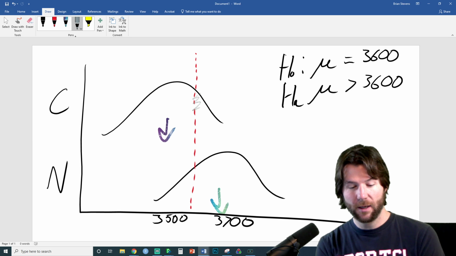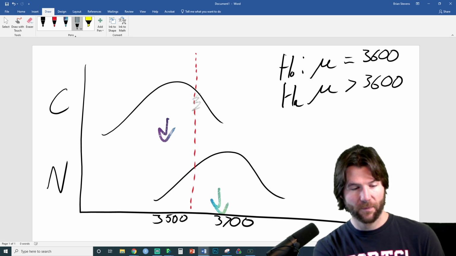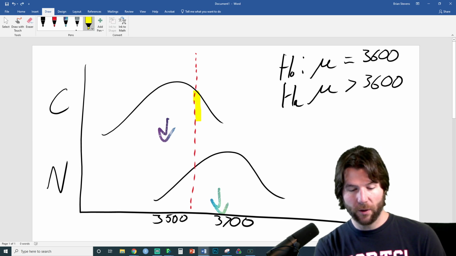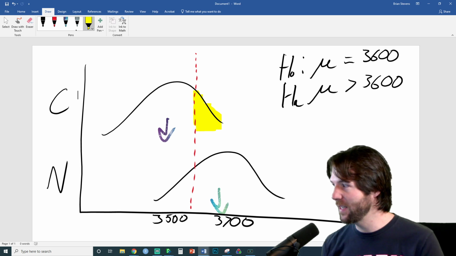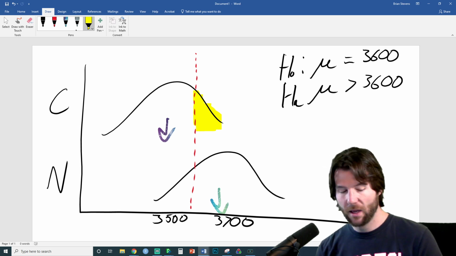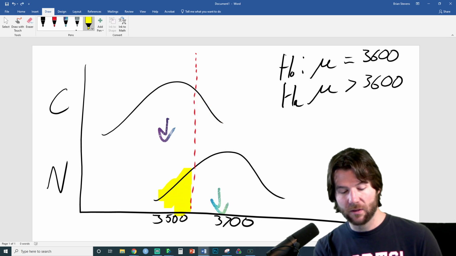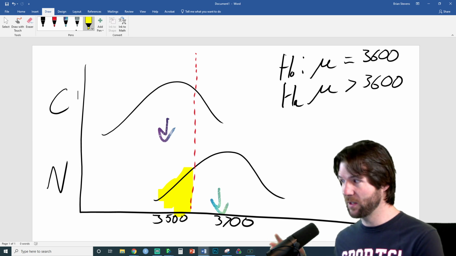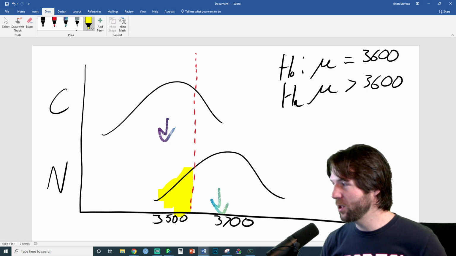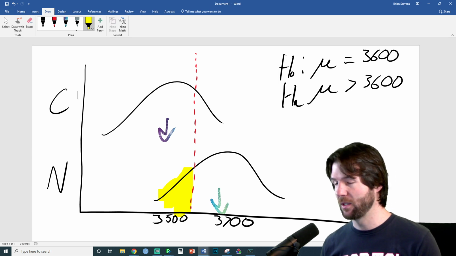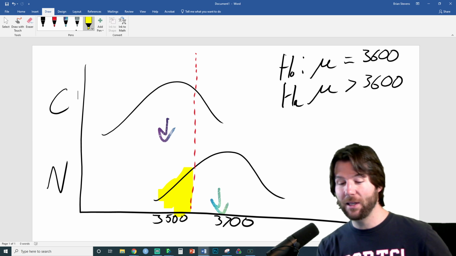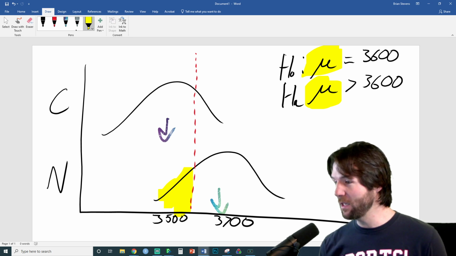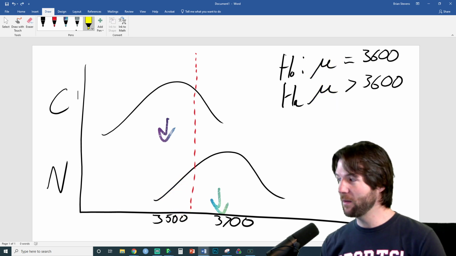Like up here in this distribution right here, let's do the highlighter. In the current machines, we do have machines that meet and exceed the guideline of 3600. Does that make sense? And then for the new machines, we have machines that do not meet the guidelines. But are we interested? This goes back to the questions that we're doing in this chapter. Are we interested in one machine or the mean of these machines? A singular machine meeting the guidelines or the mean of the machines? You're right, the mean of the machines. We want the mean of the machines to meet the guidelines.